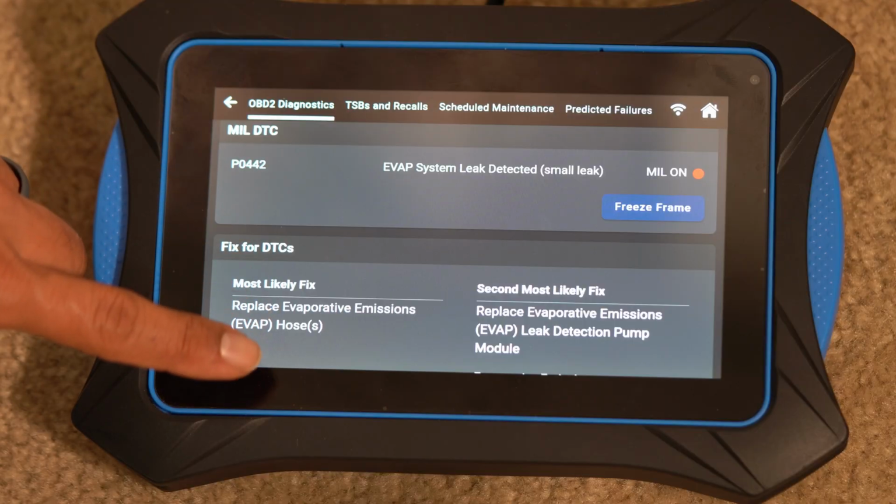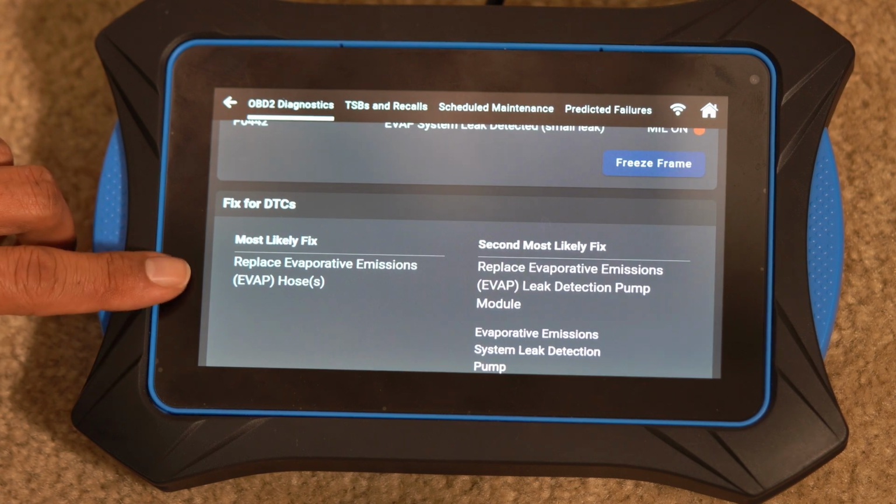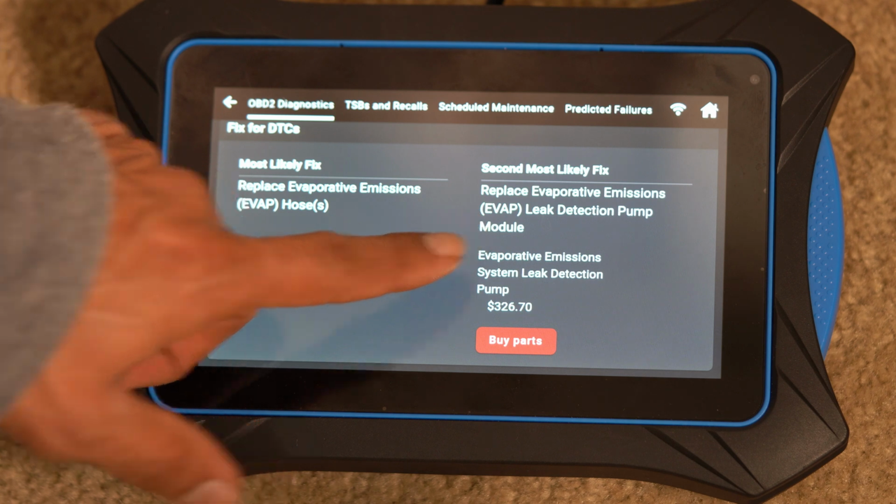I actually got a question about what fixed my EVAP code leak error on my truck. Getting directly to the point, I was following my scan tool as far as what it was telling me to do. Initially, it told me to replace the leak detection pump, and then after I replaced the